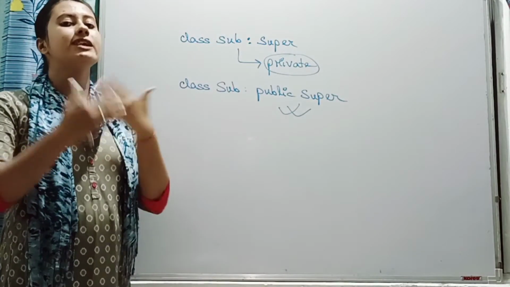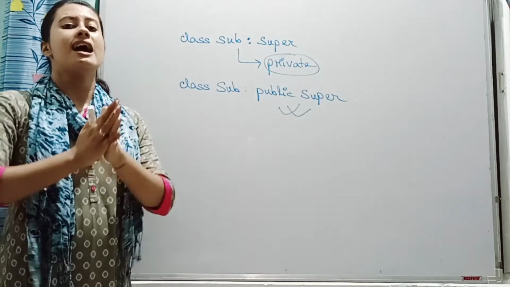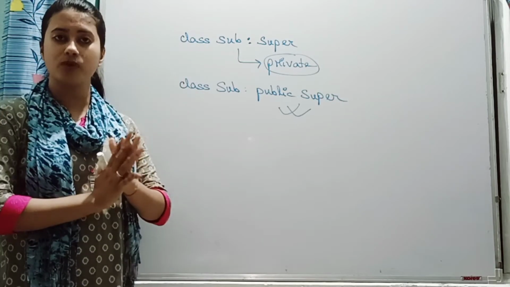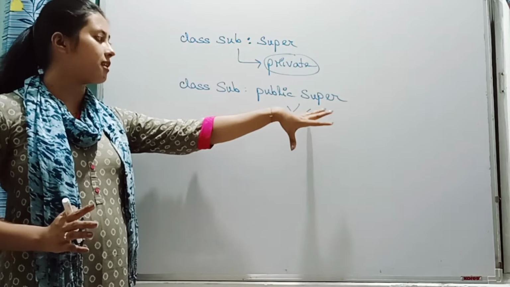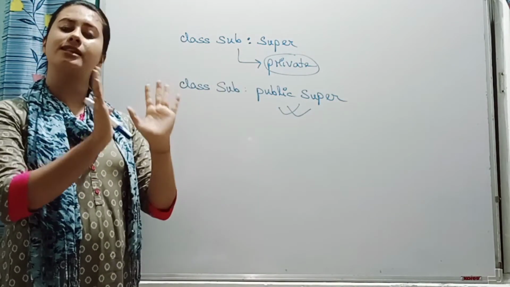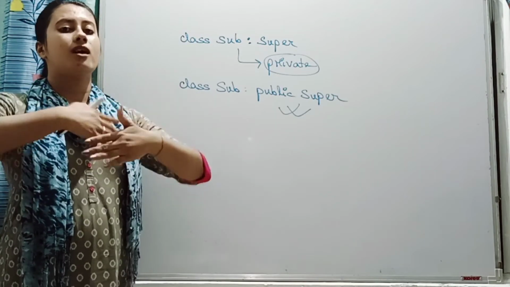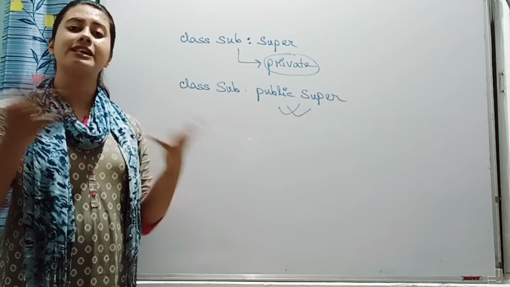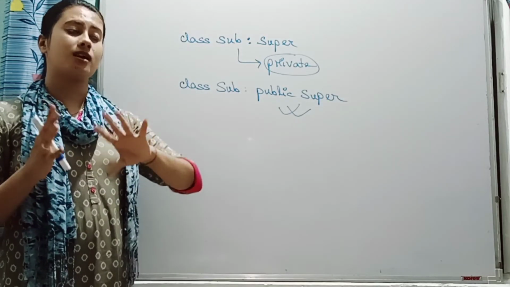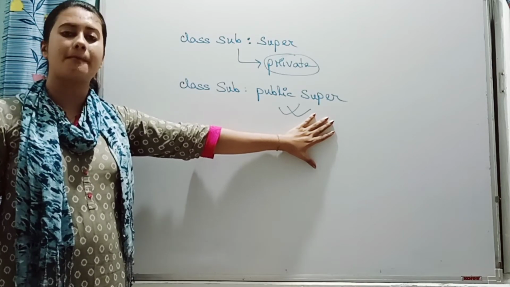Suppose there is a company and the company's fund section needs to be hidden from the outside world. So that fund section can be derived privately. This is not any problem, because in the fund section there are various types of documents which should not be open to all, so that's why it should not be defined under the public section.